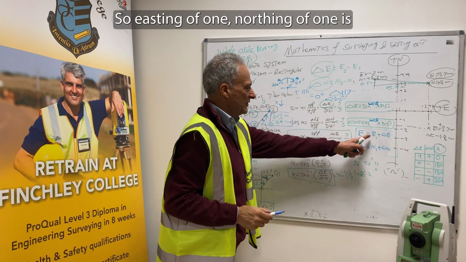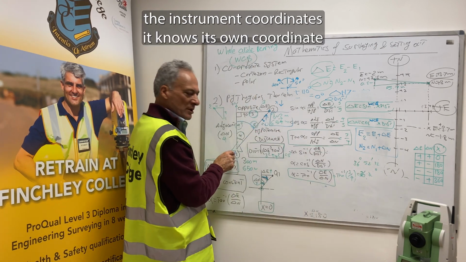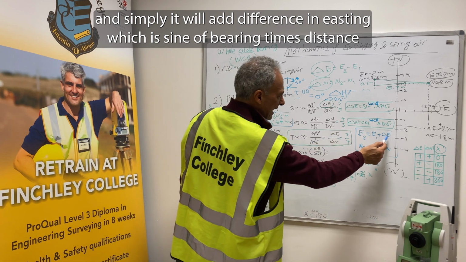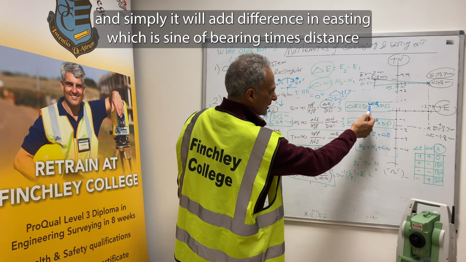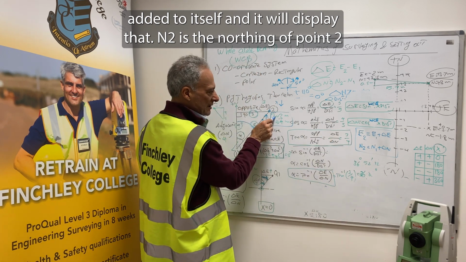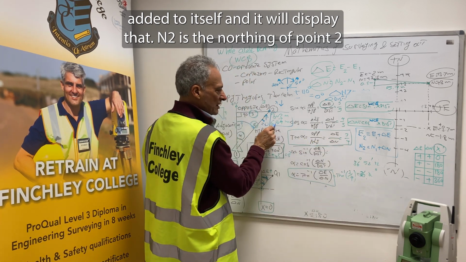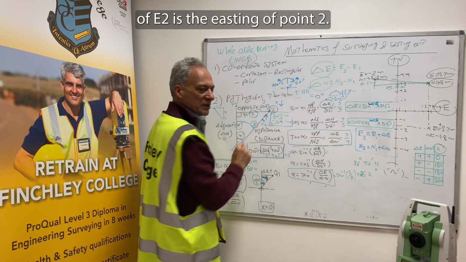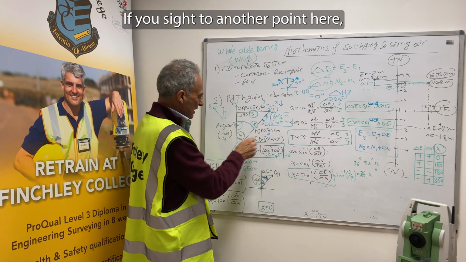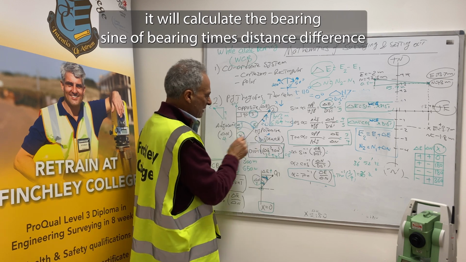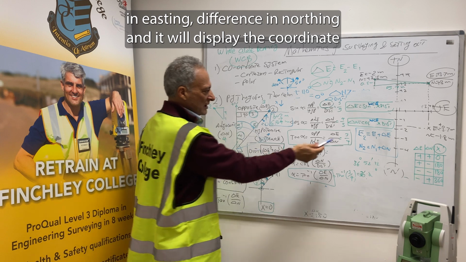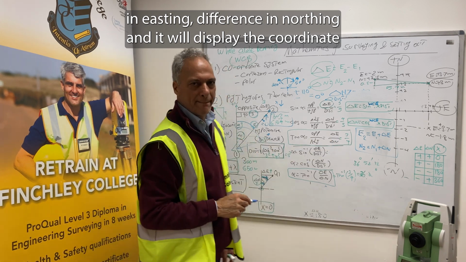So, easting of 1, northing of 1 is the instrument coordinates. It knows its own coordinate. And simply, it would add difference in easting, which is sine of bearing times distance, to itself, and it will display that. N2 is the northing of 2, E2 is the easting of 2. If you sight to another point here, it will calculate the bearing, sine of bearing times distance, difference in easting, difference in northing, and it will display the coordinate. So,